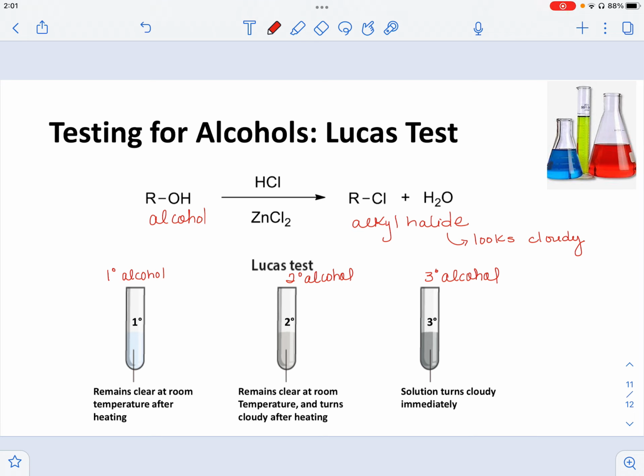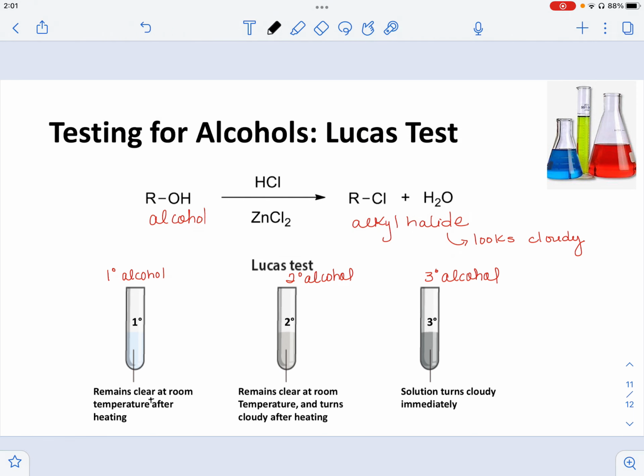You will know that your sample is a primary alcohol because even after heating, it's going to remain clear. So understand that a primary alcohol remains clear at room temperature and